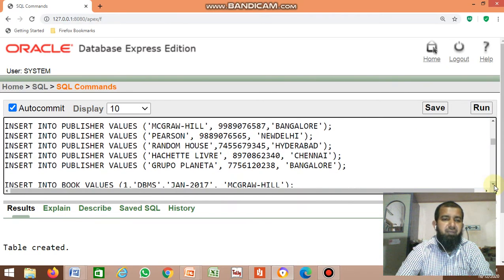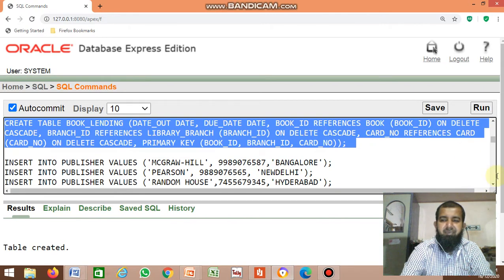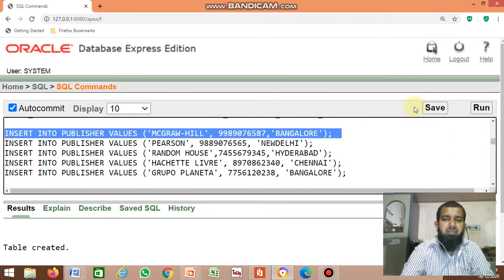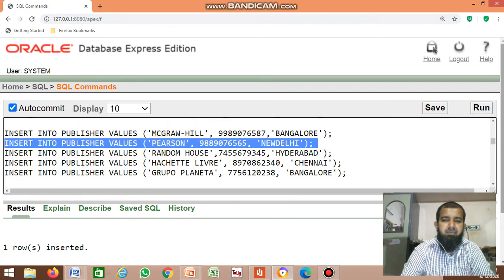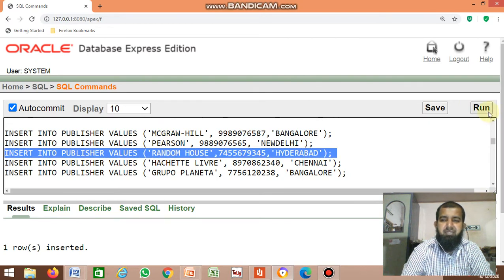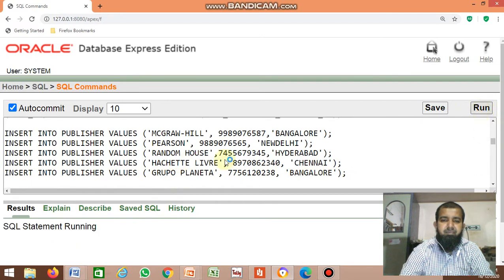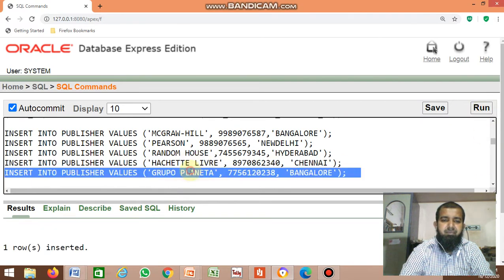Next, insert the values. First, insert into the publisher table. You have to insert one by one. There are 5 records, so all 5 records are inserted.